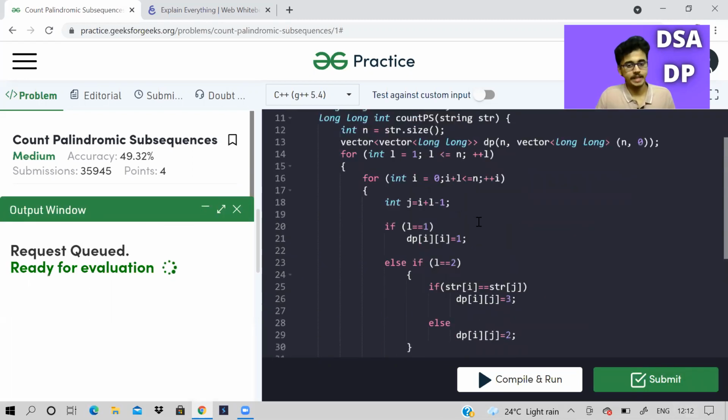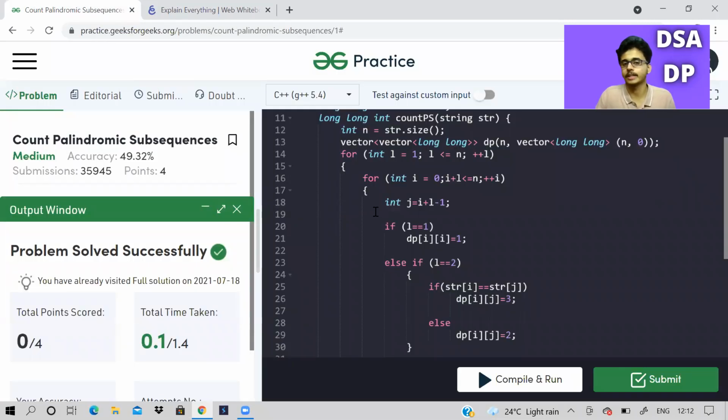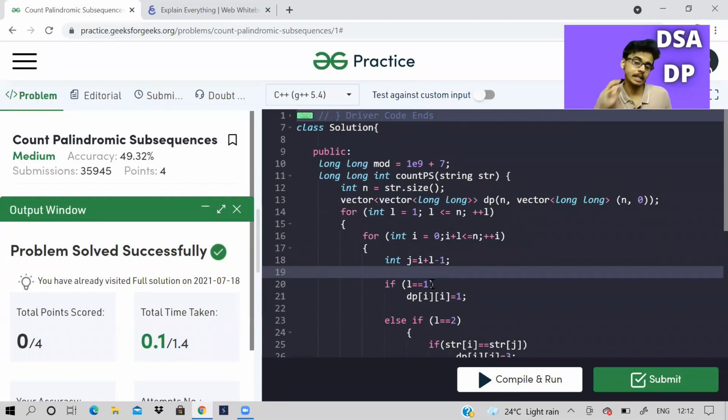So the coding part will be easy, but generating this idea and getting the table will be very tough. So you have to take a lot of other examples to completely understand this. I've taken only one to just give you some guidance, but it is better if you take some more examples. So the problem is solved. It is a little difficult for me to explain. I did not know, and it was difficult for me also to solve it, but I hope you got some kind of idea. I tried to develop and build the solution so that you don't have to literally mug it up. Although it is good to remember, because it is very likely that we can solve it in the interview if asked. It depends on a person.